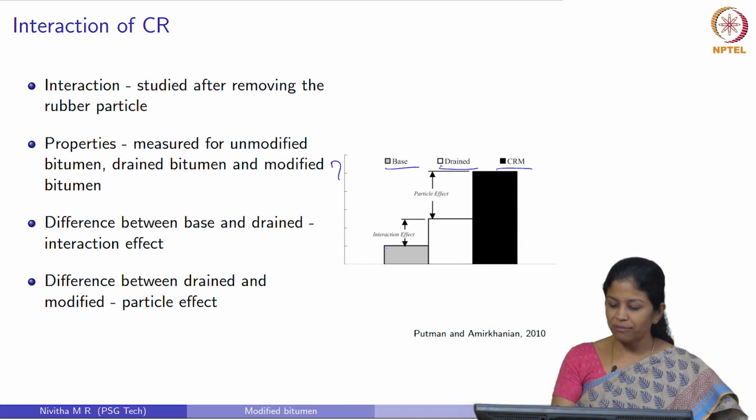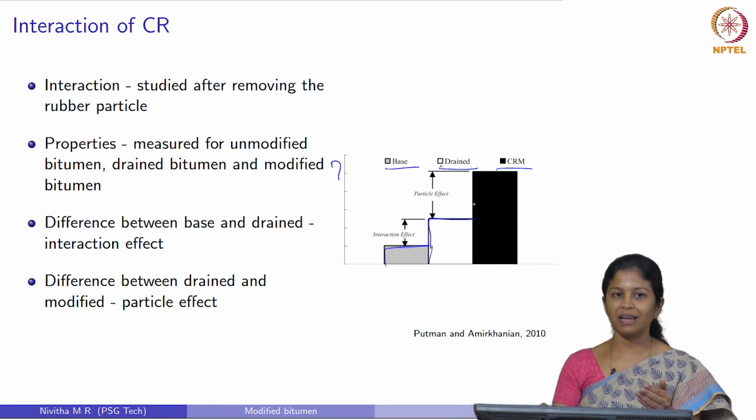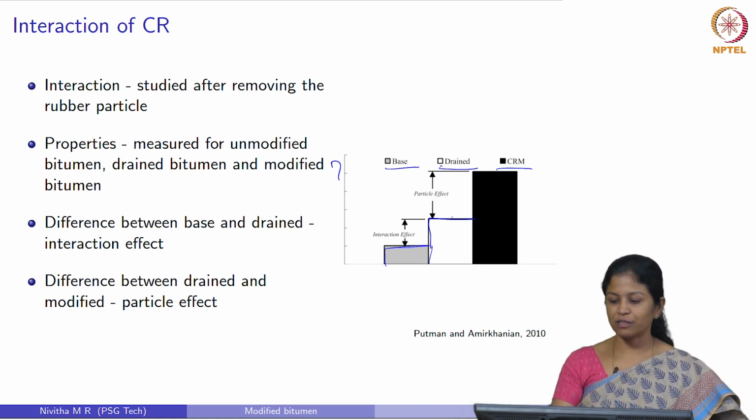So we have some viscosity for the base bitumen which is seen here, right. Then we have an improvement in viscosity in the drained case. In the drained case we need to make sure that there are no crumb rubber particles present here. So whatever improvement in viscosity there is in that case is because of the presence of crumb rubber in bitumen and how it interacted with bitumen. So what would have happened here? It would have absorbed some amount of lighter fractions. It removed the lighter fractions present in bitumen, and that could have resulted in an increase in viscosity in the drained case.